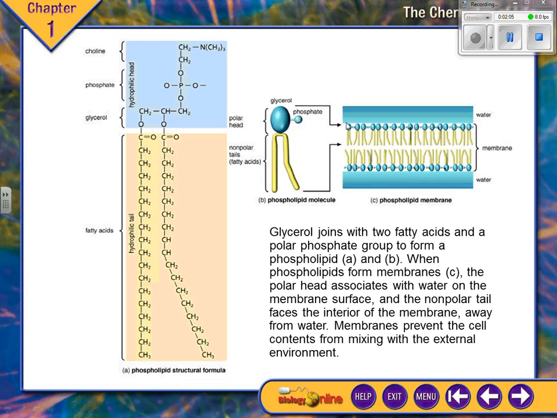Now what's cool is this side doesn't like something. Do you see how they're lined up together here? But the head side of the molecule likes something. What am I talking about? The heads like something. What do they like? Look how they line up. Yeah, they like to be around water. What do you think about the tails? They are hydrophobic. So it says it right here,